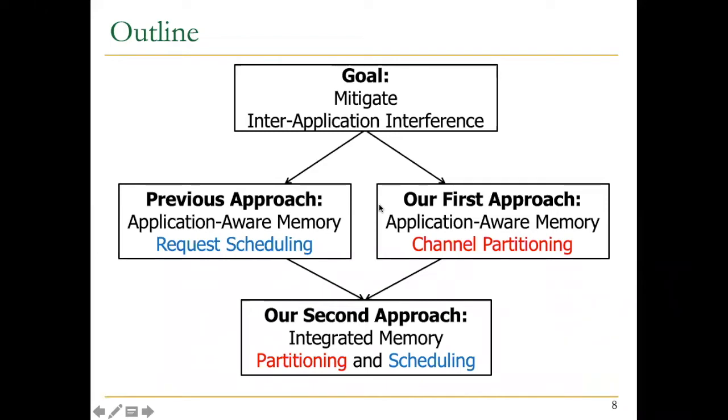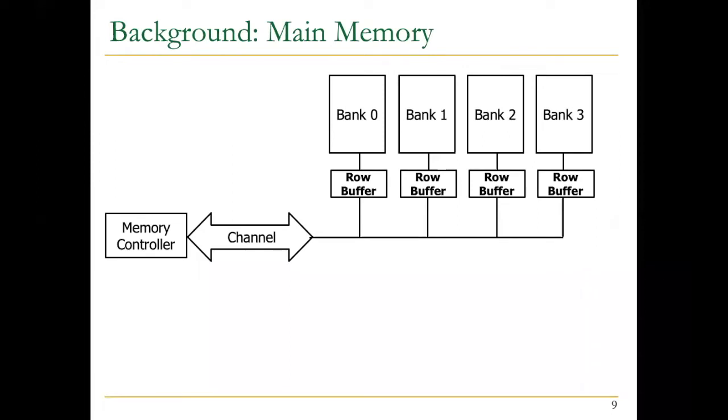Okay, the paper talks about some background, which is main memory, which all of you are quite familiar with, I believe, at this point, but I'll go through it. Essentially, main memory consists of multiple banks, and each bank has a row buffer in it. Each bank is a 2-dimensional structure of rows and columns, and a row buffer houses